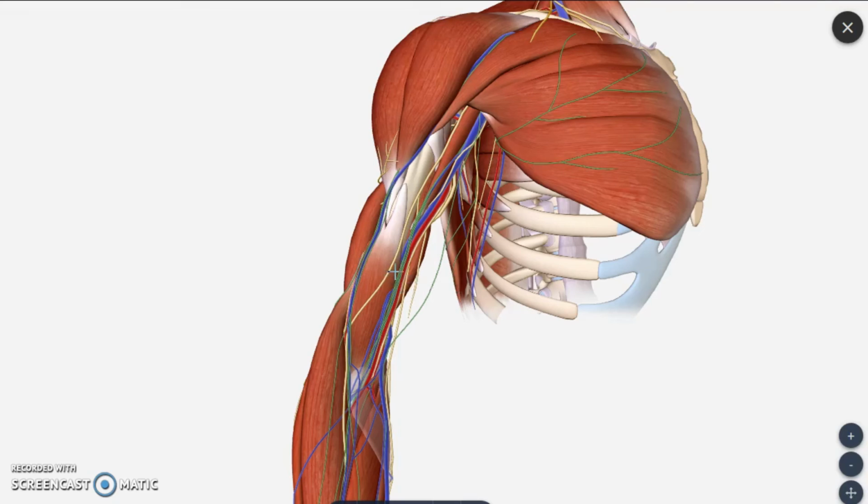So first we will remove all the other unimportant structures present here. So we have removed the lymphatic vessels and veins present here. So we are removing all the veins and the lymphatic vessels which are not necessary for now. Now we will make out some structures which are very important: the brachial artery and the nerves.